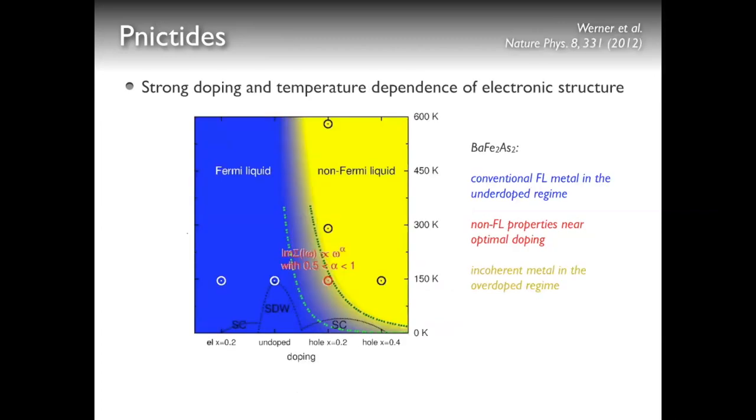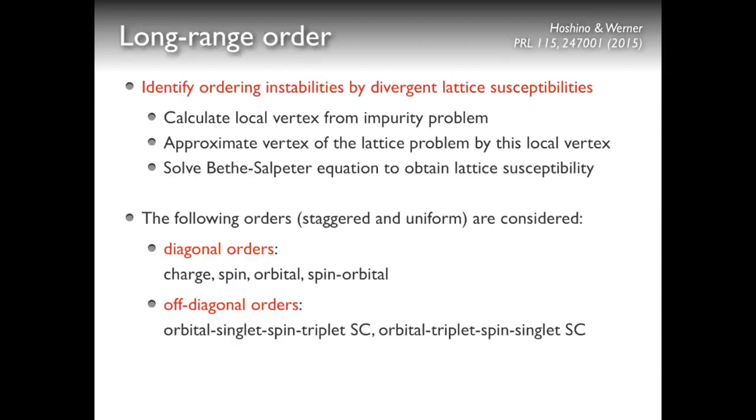We also did at some point some simulations of pnictides, and this is a phase diagram in the space of filling and temperature. And you can see that for this barium 122 compound in the undoped sample, we are in the Fermi liquid regime. And then as we hole-dope the system and move towards the half-filled d shell, we quickly move into this frozen moment regime. And interestingly, the crossover with the square root self-energy occurs roughly at the hole doping where superconductivity appears at low temperature.